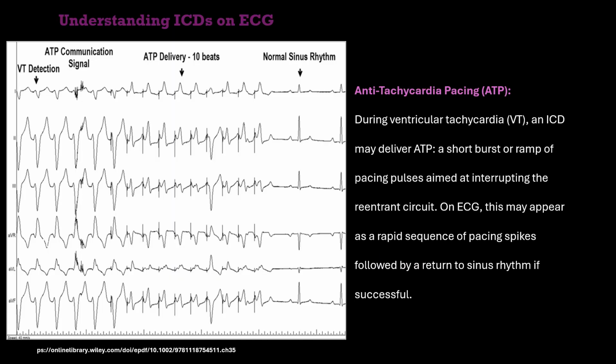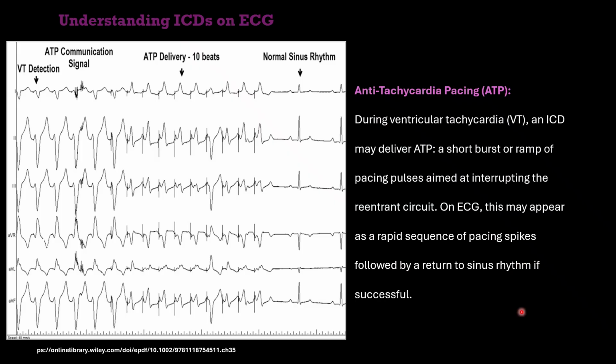Understanding ICD on ECG, it's very important to know that the function of the ICD is not only for giving shock in VTAC. Sometimes if we have VTAC, the ICD acts as an override pacemaker, called anti-tachycardia pacing, where during ventricular tachycardia the ICD delivers a short burst or ramp of pacing pulses aimed at interrupting the reentrant circuit. So in ECG, it will appear like a rapid sequence of pacing spikes,